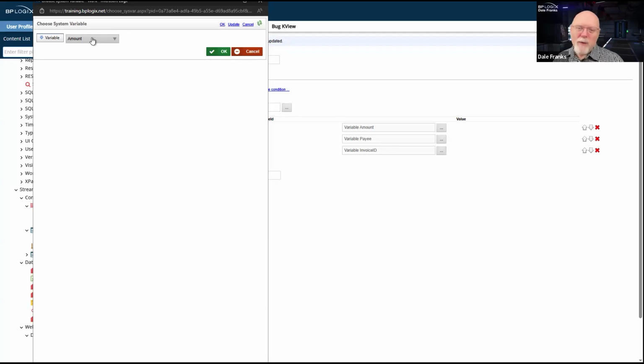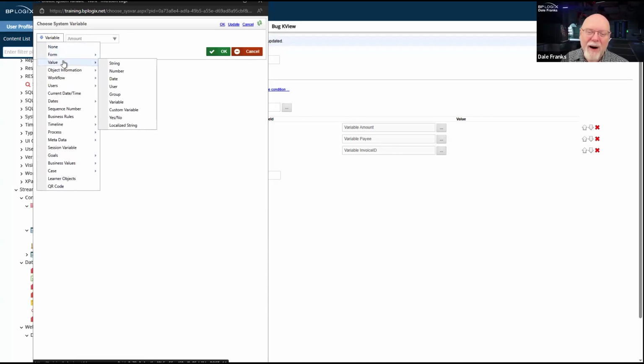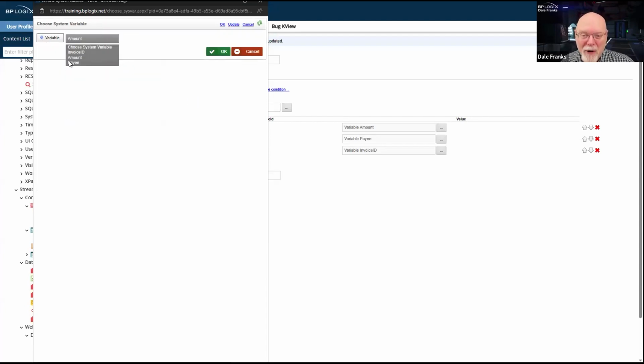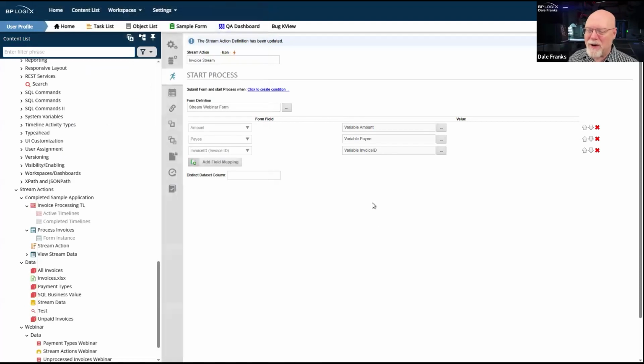I'm not sure if I was developing this, I would have chosen variable as the area to put it. Maybe I would have, but I might have created another item here called stream item or stream field. But variable already existed. It was clearly the easiest thing to do. So we have picked a variable for us to do this. The variables get created behind the scenes as system variables that you can just pick from a drop down. So it does make your life a little bit easier.